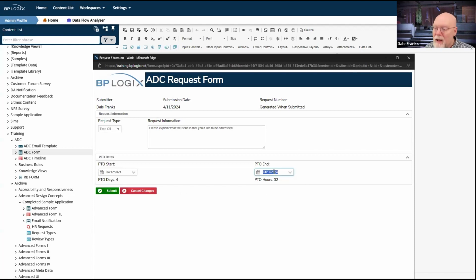on the form. But because it's the last one on the form, if I don't put a set focus on here, then I can in fact just hit tab and it will tab me directly to the submit button because PTO days is disabled. Therefore, it has no tab order. Calculation controls are basically system variable controls, so they have no tab order either. So this takes me directly to submit. So while I do want to have the set focus on request type and PTO start, I don't want it on PTO end.